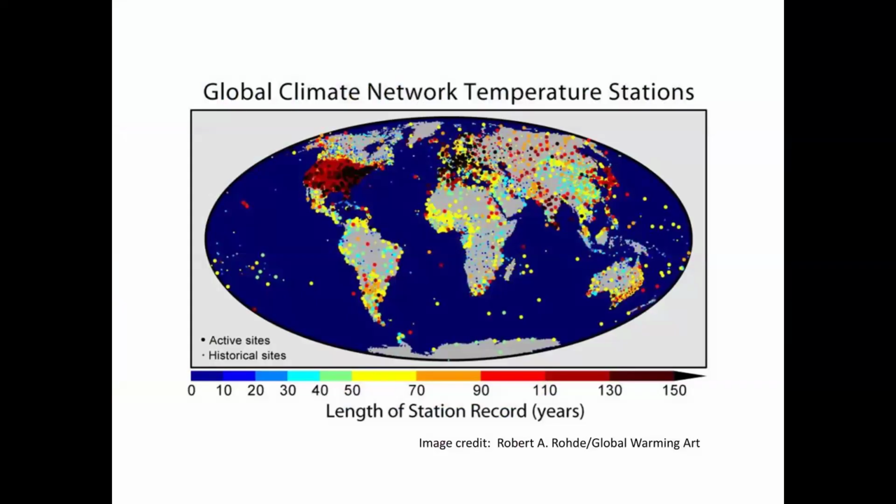Now, globally, there are any number of temperature stations that are doing this, and in some cases have been doing it for a prolonged period of time. If you look at that color band across the bottom, you'll see that as you move from left to right, you're looking at an increase in years. And if you get over to the right of that line, after about 90, 110, 130 years, you can see that those colors get redder and darker.